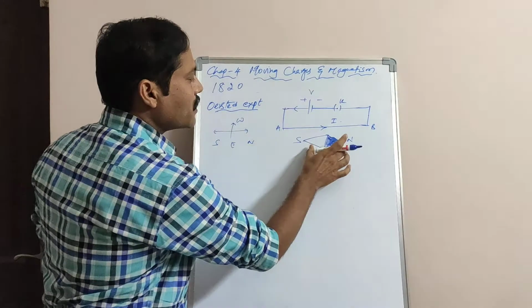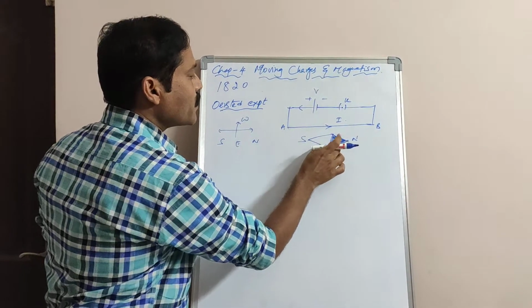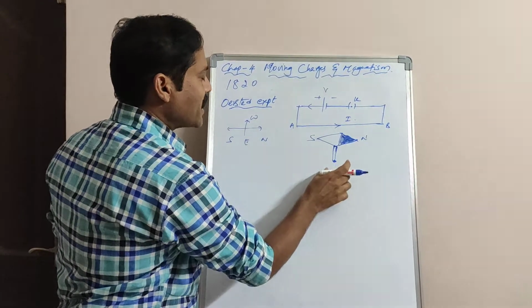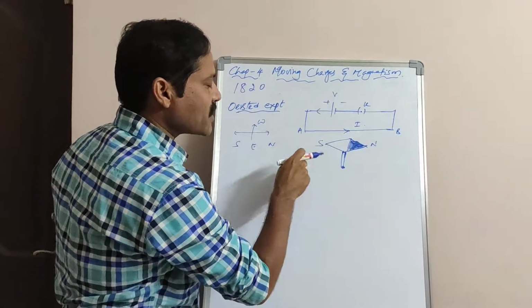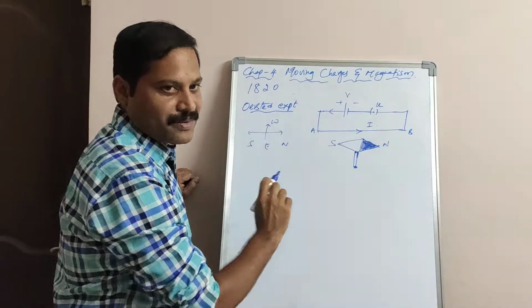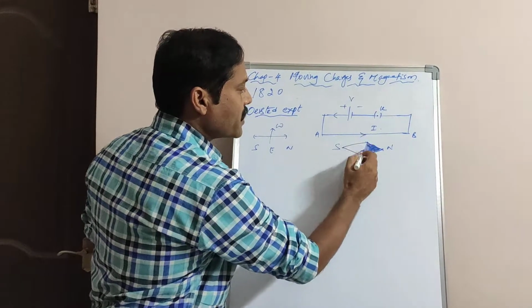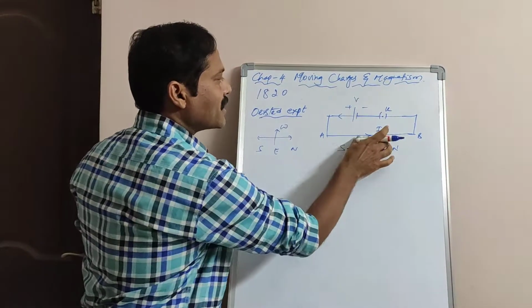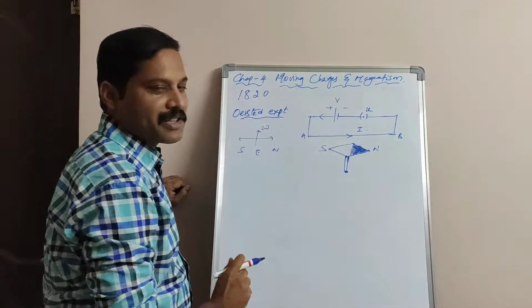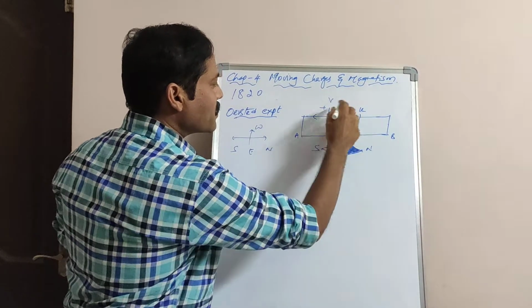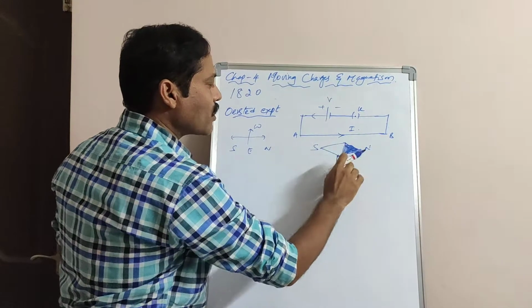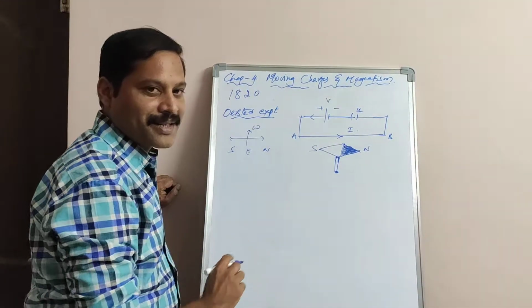This magnetic needle is pivoted on a stand so that it can freely rotate in the clockwise direction as well as the anti-clockwise direction. The needle is placed just below the conductor, which is connected to the battery with the help of a plug key. Whenever the key is open, it behaves as an open circuit and no current flows, and we do not observe any deflection in the magnetic needle.